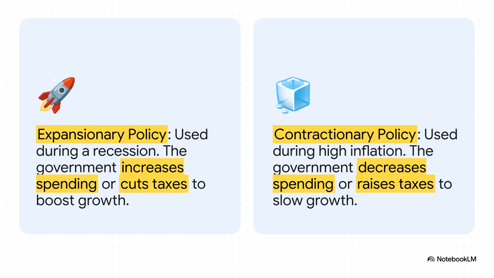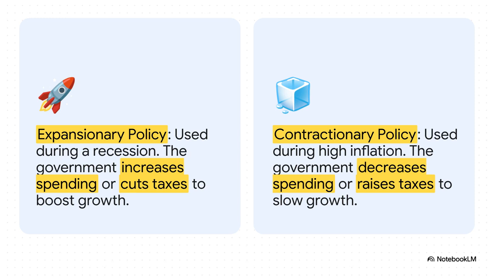And this is a fantastic illustration of how those levers are actually used. Let's say the economy is in a recession. The government can use what's called expansionary policy. It can either increase its own spending or cut taxes. Either way, the goal is to get more money into people's pockets, encourage us all to spend, and boom, boost